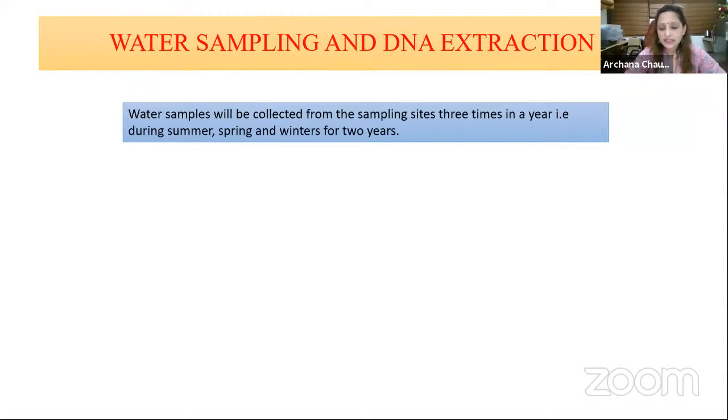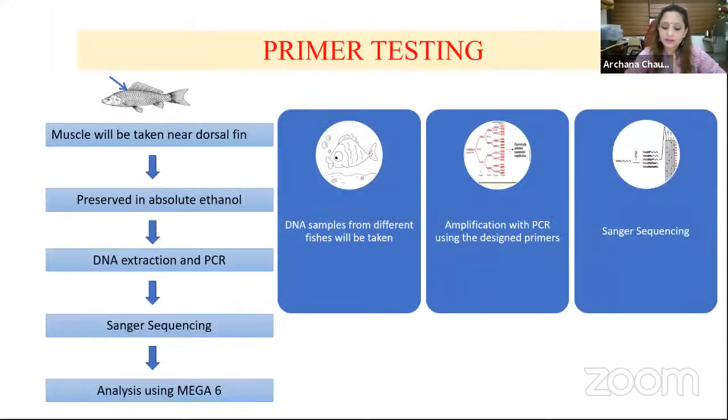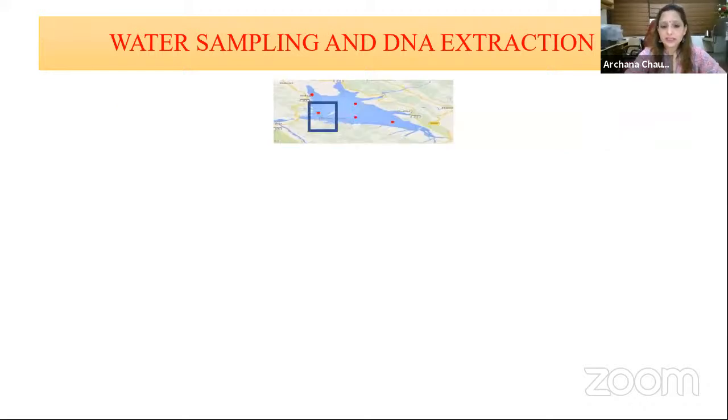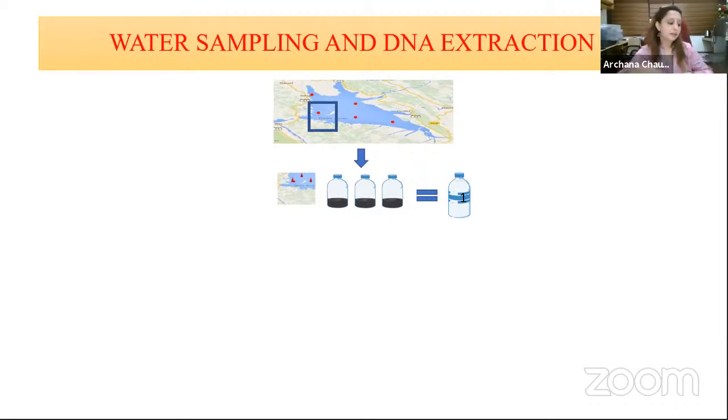Once we were satisfied that the primer we were trying to use was good enough for the study, we went further with eDNA metabarcoding. We went to the sampling site and collected water samples. For this purpose, we divided the sampling sites, for example the whole Gobind Sagar reservoir,